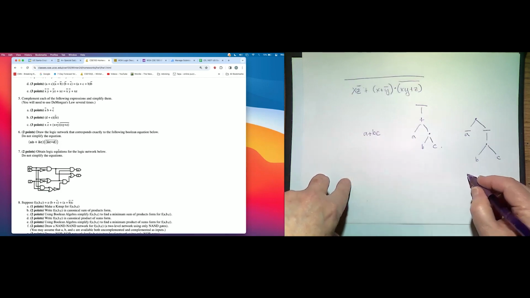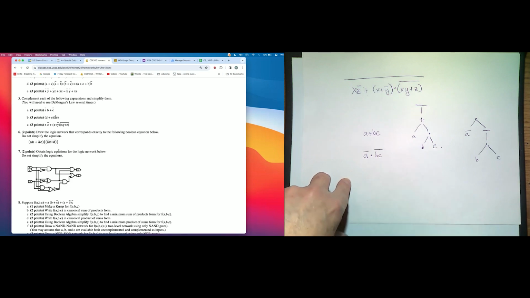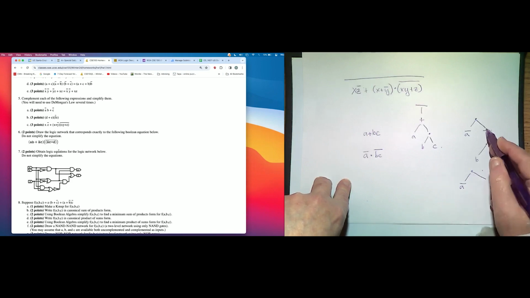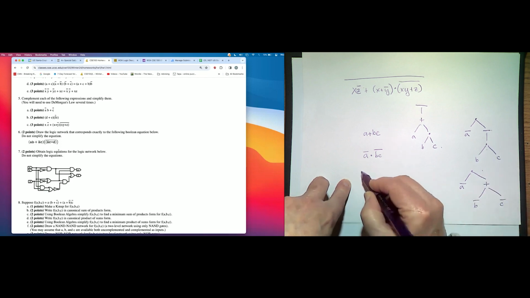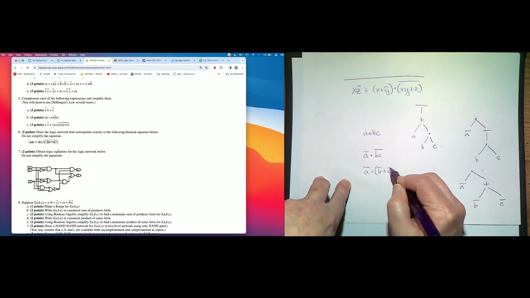So we have a bar ANDed with bc bar, right? And then we do one more step, distribute this one, and we get a bar. And then this becomes a plus, and then we have b bar, c bar. So now we have a bar ANDed with b bar plus c bar.